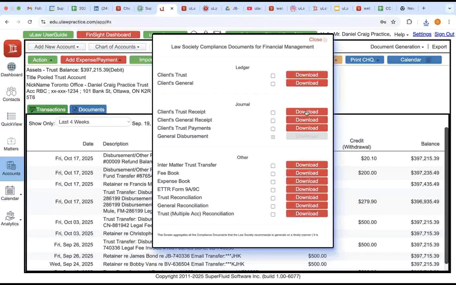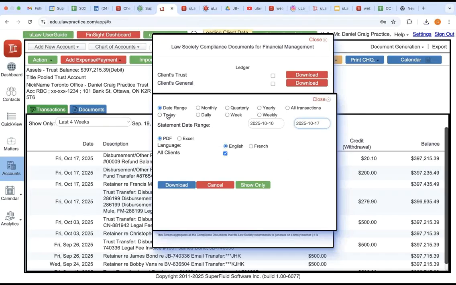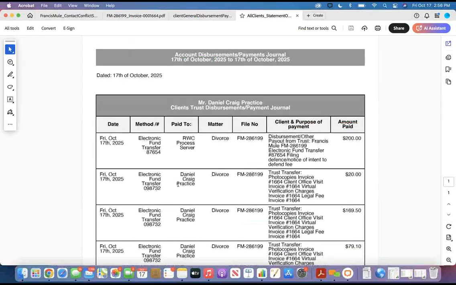Go back in there, just show you all how the client trust payments look. The payments, which is in this case $200, I spent out of trust. And the transfer that was made out of trust shows up here